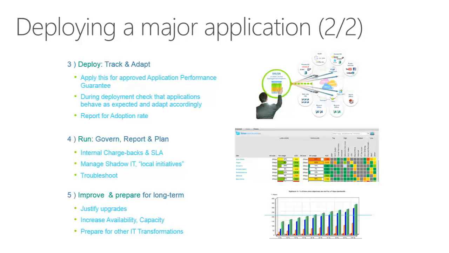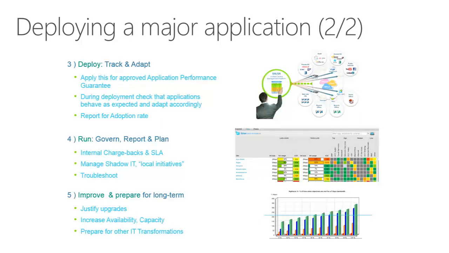Once you've gone through that, of course, then we're pretty much in a run environment, and it's all about understanding the performance that's delivered, being able to report to show that good performance is delivered, optionally to get into things like charging back for the use of the network if you have a centrally funded network and you want to notionally recoup the costs. I talk to a lot of major multinational organizations who are very in favor of making people aware, not necessarily of actually getting the cash from the different business units, but of making people aware of the real cost of having that facility available to them, so they run a paper chargeback exercise.